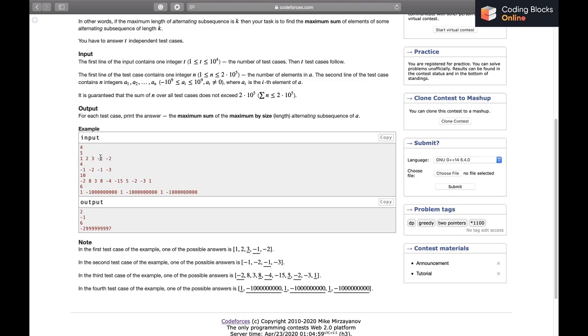It will be positive, negative, so we can simply choose the highest positive number, which is 3, and the largest negative number, which is -1, and the answer is going to be 2. And in this case, as all of the numbers are negative, we know that there will be just a subsequence of size 1. The alternating subsequence will be of size 1 only, so we just choose the highest. So either this one or this one, the answer will be -1.